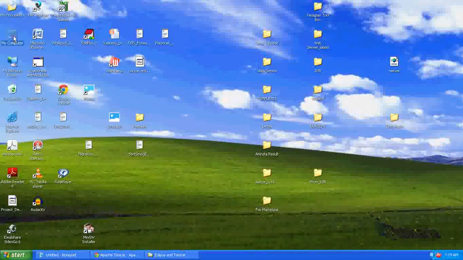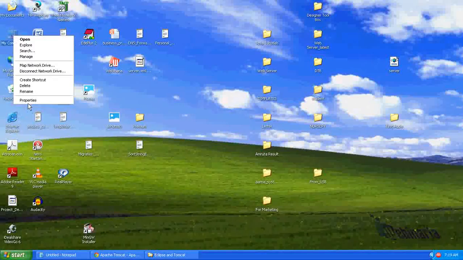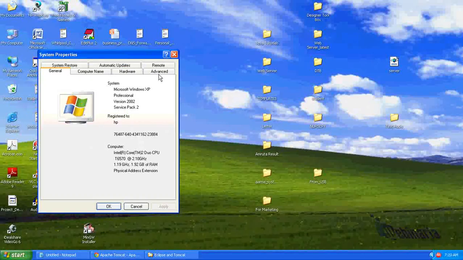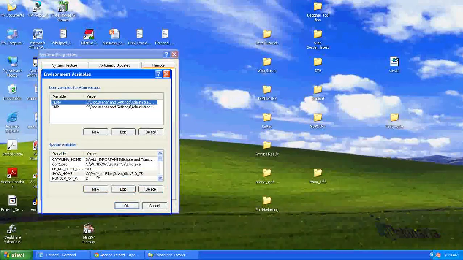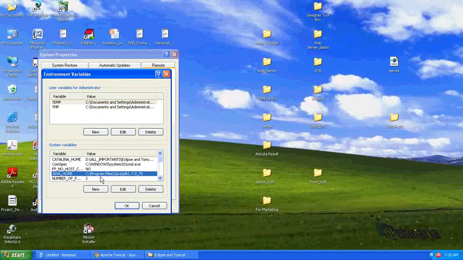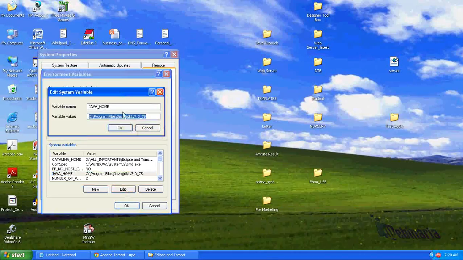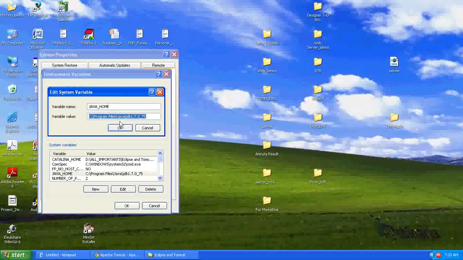Click on my computer, right click, properties, go to advanced tab, select environment variables. So here I have already added Java home system variable. So you can see the path which I mentioned here.